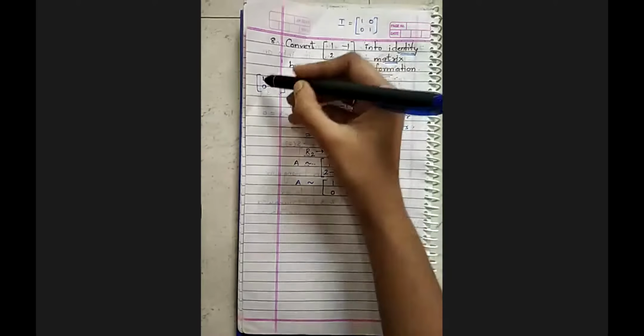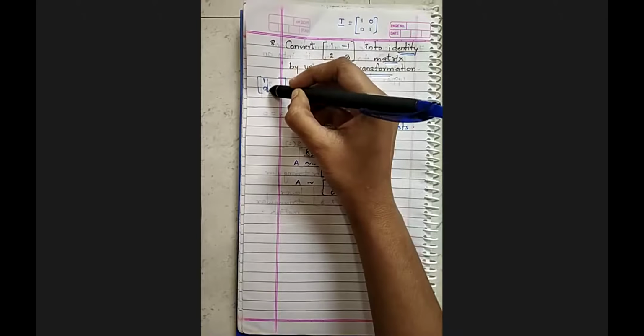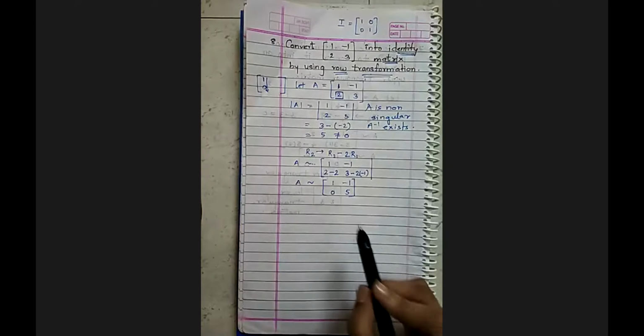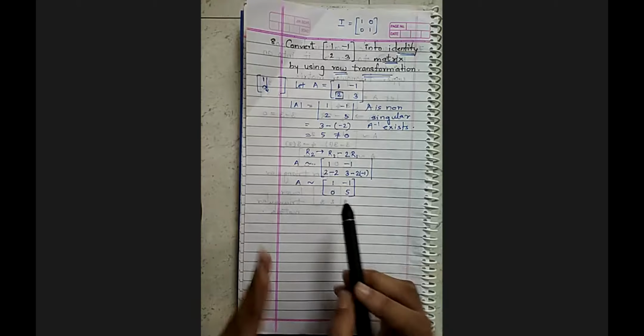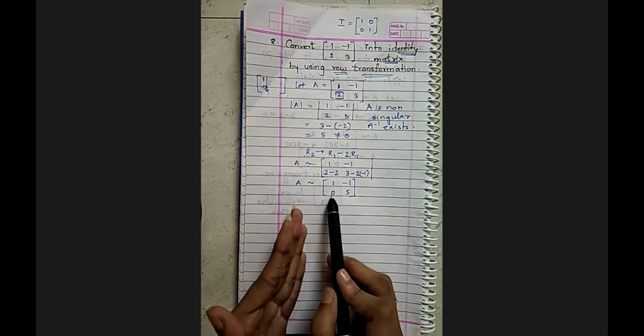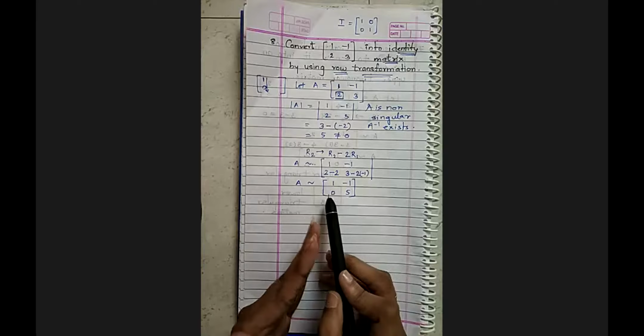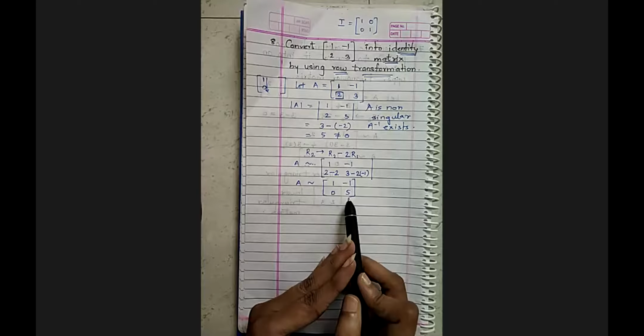So your first flow is completed. You have reached this flow. Okay. Now what was the next step? Next step is to shift to next column. So when you're going to next column, your first concern is to make 1.